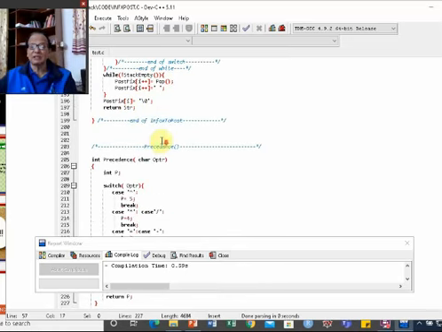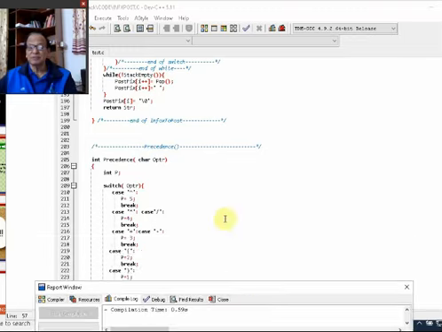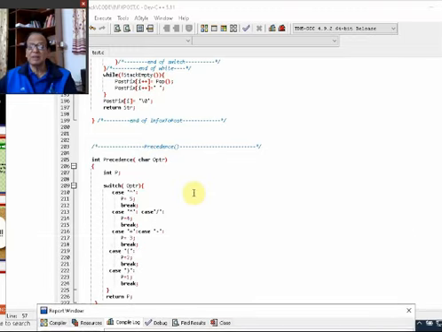With that we come to the last function, precedence. This function returns the precedence of the operators. As you see, in infix to postfix we have used this precedence. If it is the power operator, precedence is 5, I return it. Otherwise if it is multiply or divide, it is 4. If it is plus or minus, it is 3. Left parenthesis 2, right parenthesis 1. This function returns the precedence of each of these operators.